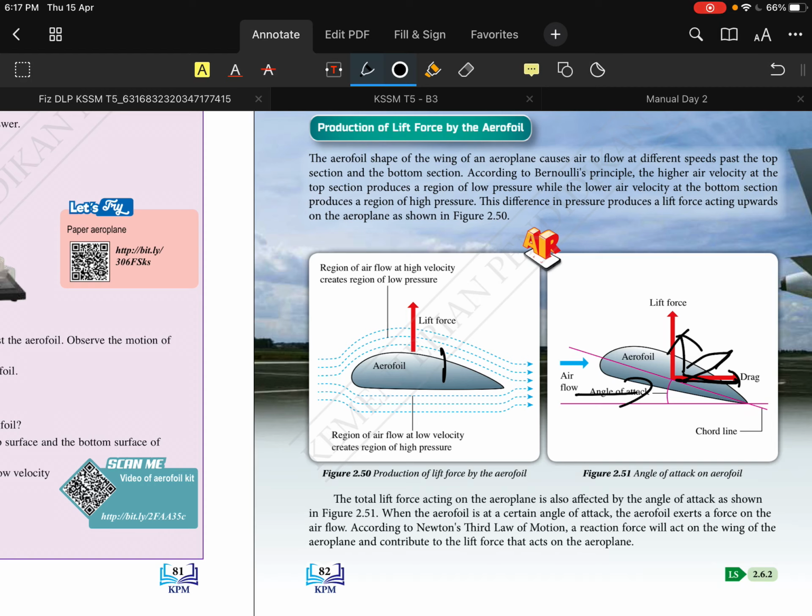So when it's at a certain angle, when the aeroplane flies, and the aeroplane's aerofoil clashes with the air force, there will be a natural reaction causing